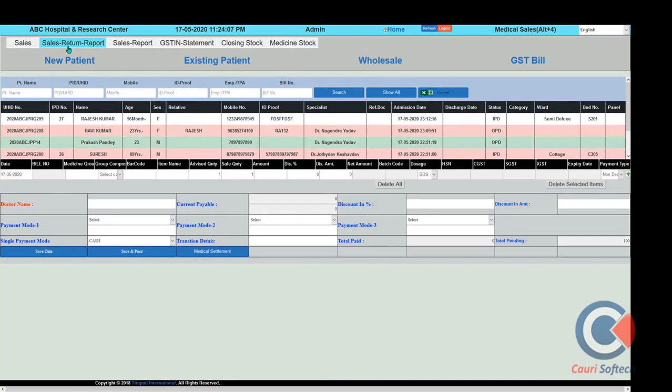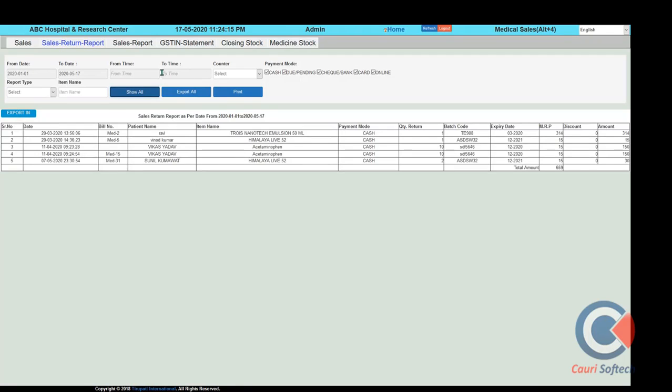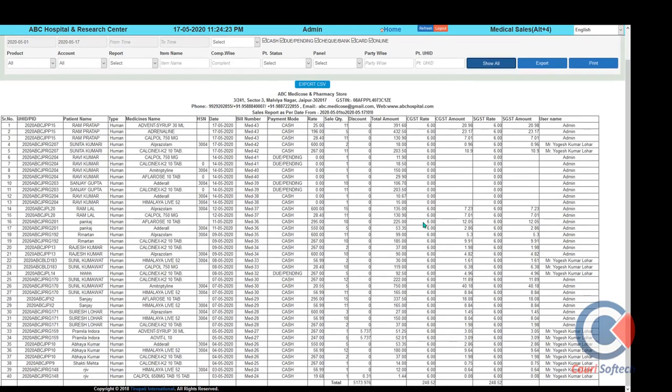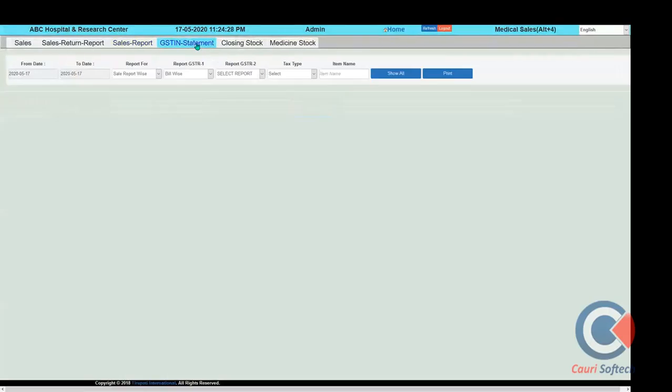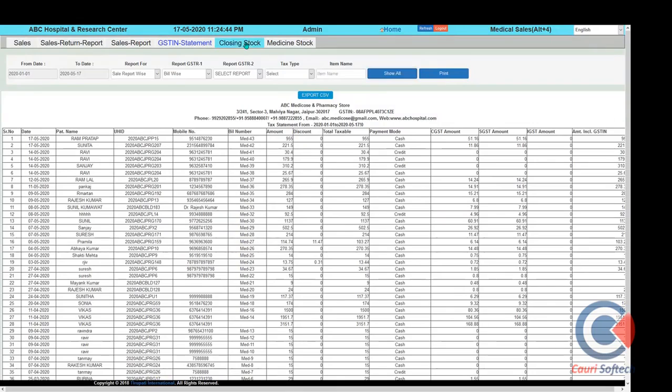There is also a sales report option and a sales return option. If any patient has returned the medicine, we can get the record, the various state-wise records of the medical sales section. Here is the sales report with date filter applied. You can get the sales report of the medicals, total sales to the patient, and user-wise details, bill amount, and tax calculation records. You can access the GST statement for purchase entry and all sales. There are different types of formats which we require, Indian or international value types of the GST report.